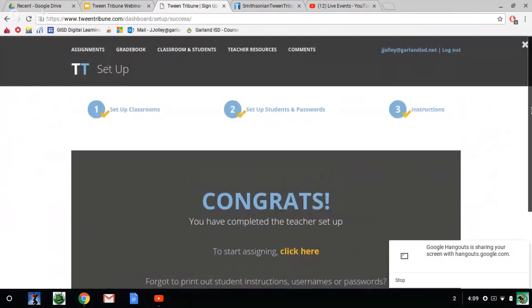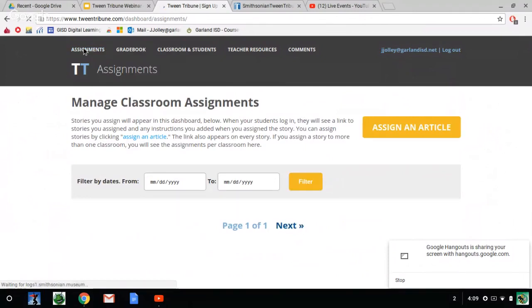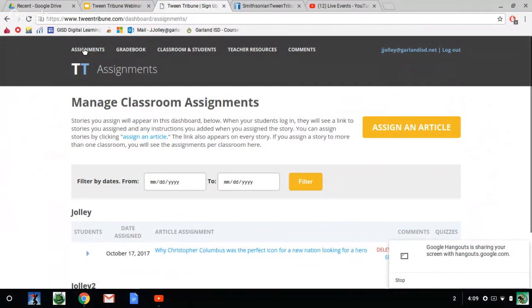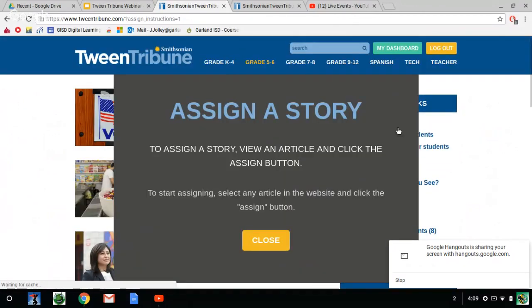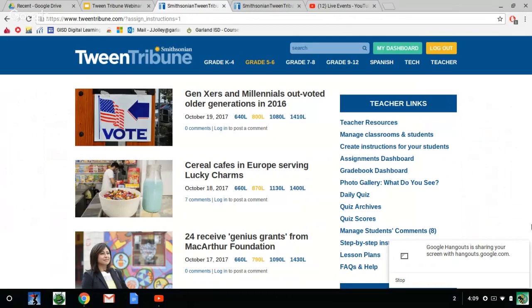Now, what you can do as a teacher, you can go into set up assignments, and going through and assigning an article, if you want to pick a certain type of article to read, you go up to the search and just look for it. I'm just taking this top one, for instance, Generation Xers and Millennials outvoted older generations in 2016. It gives you 4 different Lexile levels,